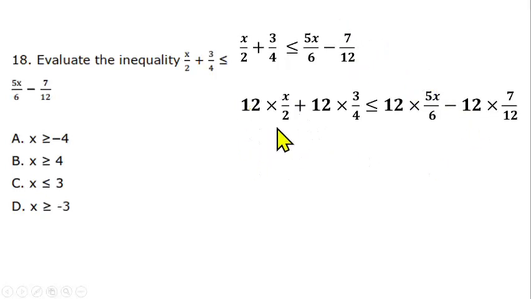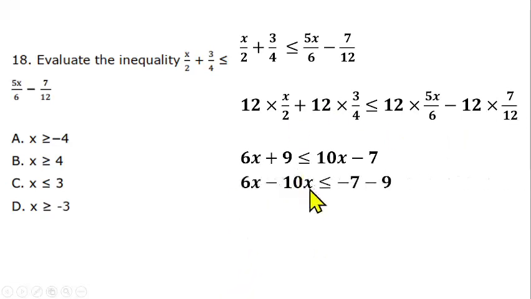2 will go in 12, that gives us 6x there. This will go in 12, that gives us 3 times 3, that gives us 9. So we have 6x plus 9 less than or equal to 6 in 12 is 2 times 5x will give us 10x. 12 in 12 gives us a minus 7 there. So collect like terms, you have 6x minus 10x less than or equal to minus 7 minus 9. Then from there 6x minus 10x will give us minus 4x less than or equal to minus 16. Divide both sides by minus 4, x will be greater than or equal to 16 over 4. That will be x is greater than or equal to 4, so option B is the correct option